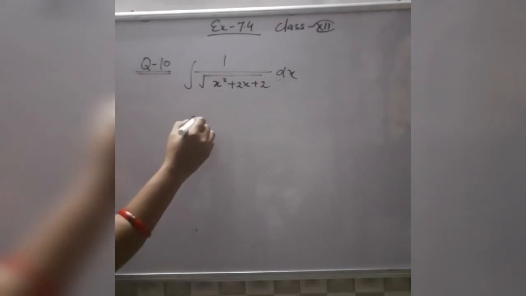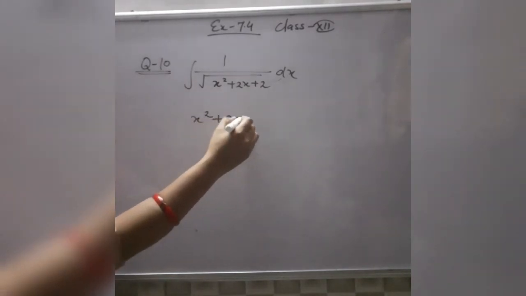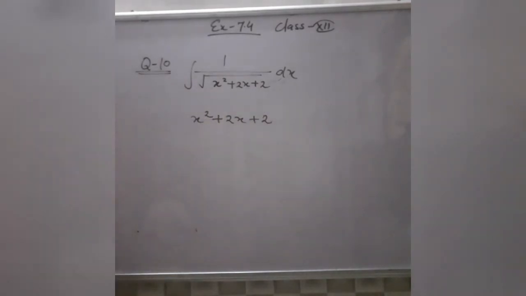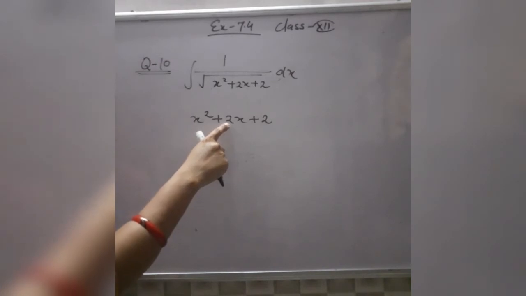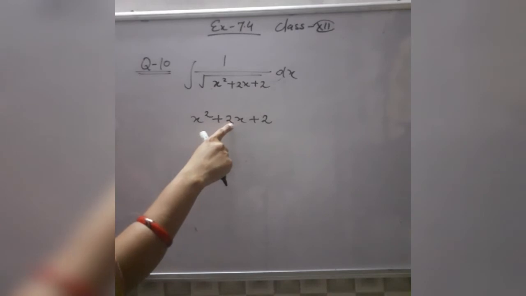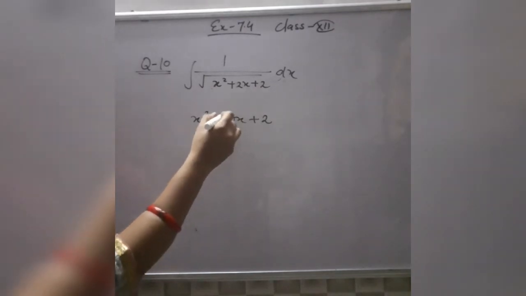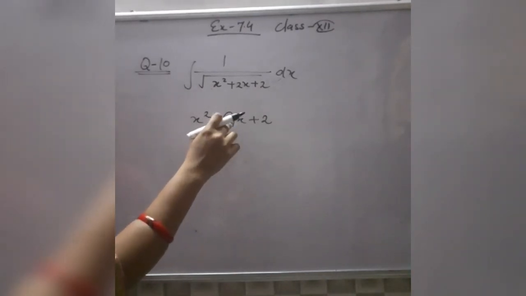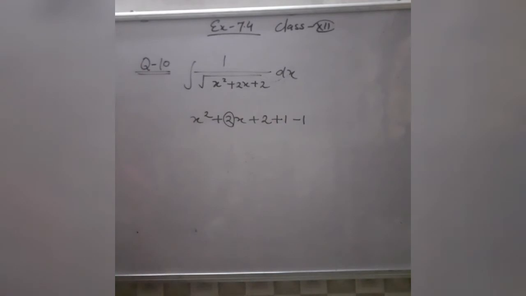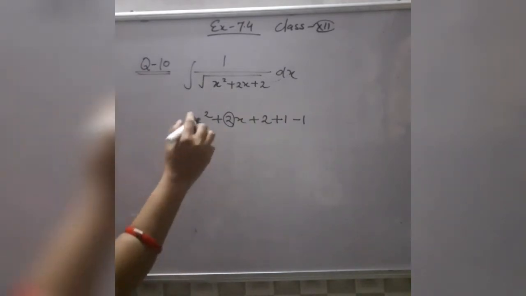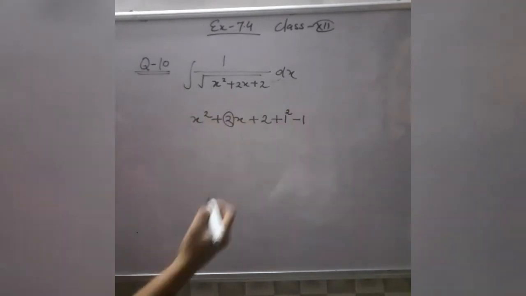Firstly we will take this quadratic equation. Now you will add and subtract one term. Which term will you add and subtract? Listen very carefully. Half of the square of the coefficient of x. What is the coefficient of x here? 2, and half of 2 is 1, and square of 1 is 1. So you will add 1 and subtract 1. Now after doing this step, this 1 can be written as 1 square.